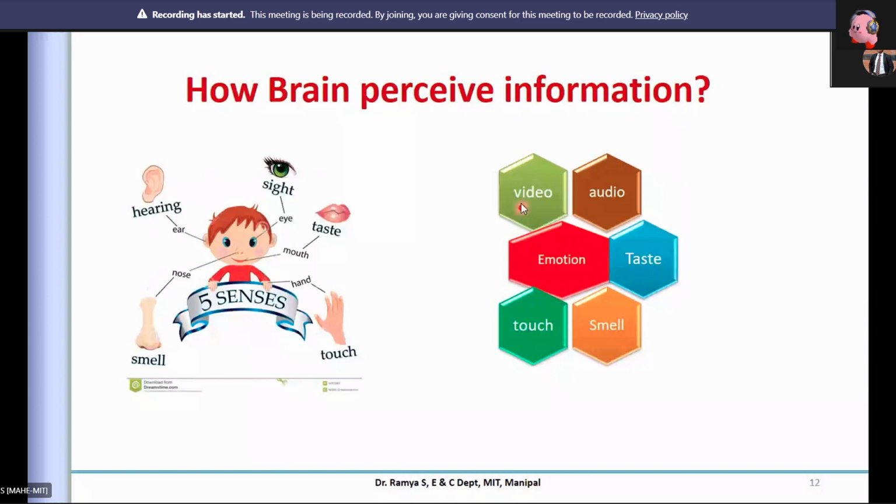Itself, these are all data, and they are also complex data, but this complexity is given a different dimension by the emotion attached to that. So how we perceive depends on what emotion we have at that time. So the same information may not be perceived similarly even by the same person.